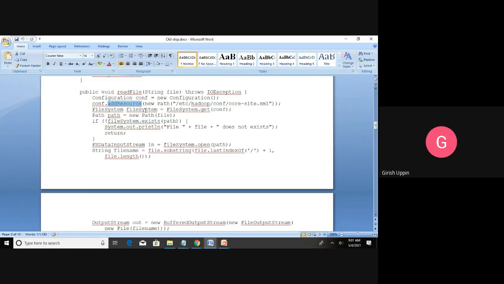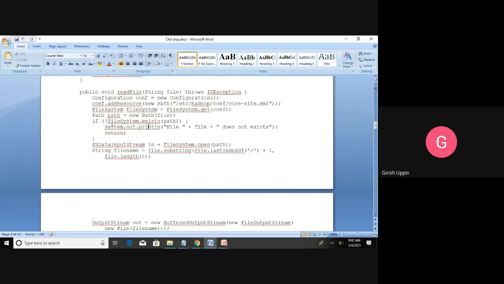And you are creating a file system object, FileSystem.get, by passing the conf object. Then you have a new Path object, created using the file name passed as an argument, whichever file has to be read.